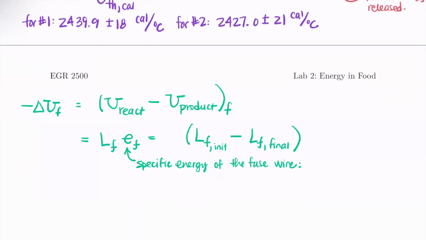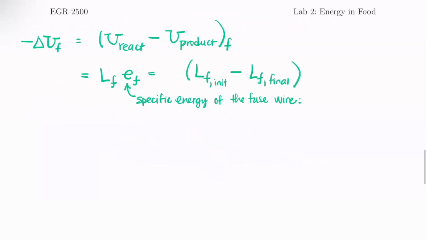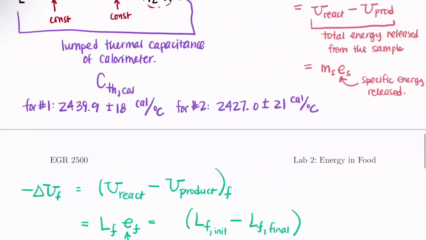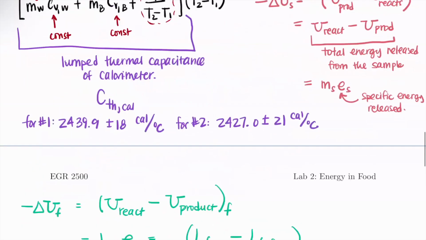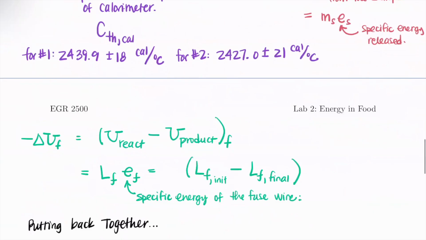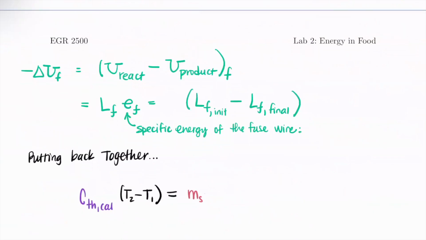Okay. So let's put this all back together. So we have our lumped capacitance. So we have the thermal capacitance of the calorimeter times T2 minus T1 is equal to MS ES plus LF EF